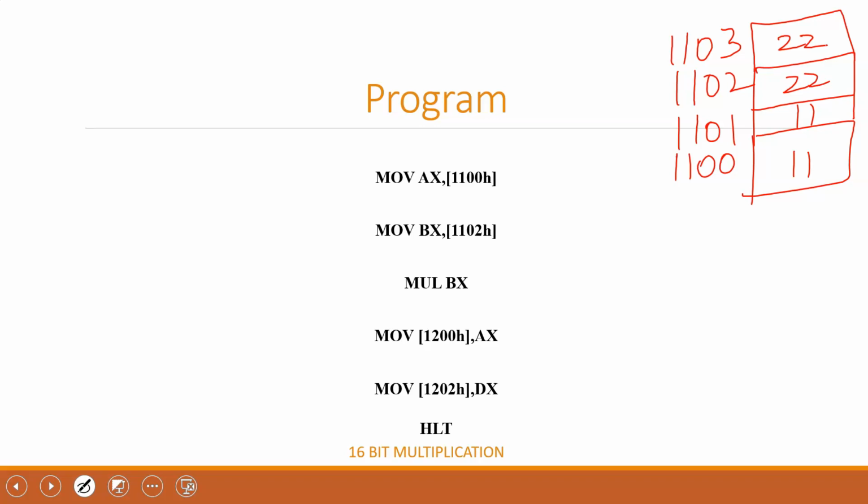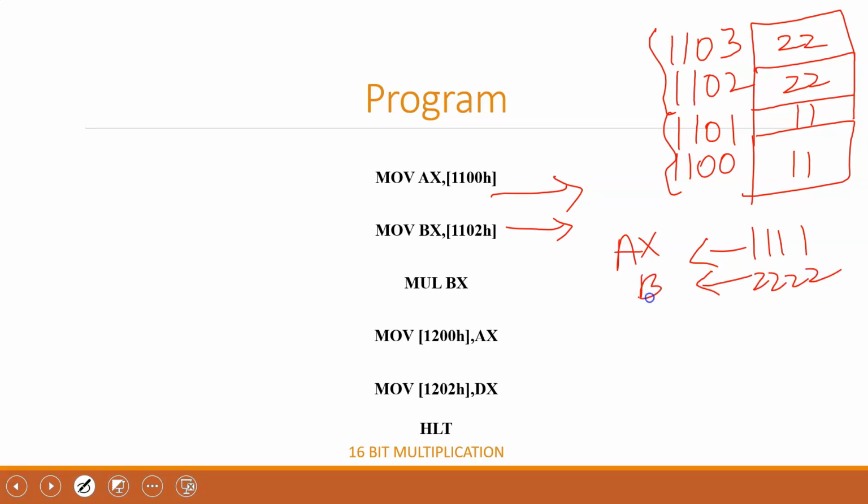When I say this instruction, 1100 location means whatever values are available in both locations 1100 and 1101, which is 16-bit data, will be moved to AX register. And coming to the next instruction, whatever data is available in 1102 and 1103, which is nothing but 2222, will be moved to BX register.